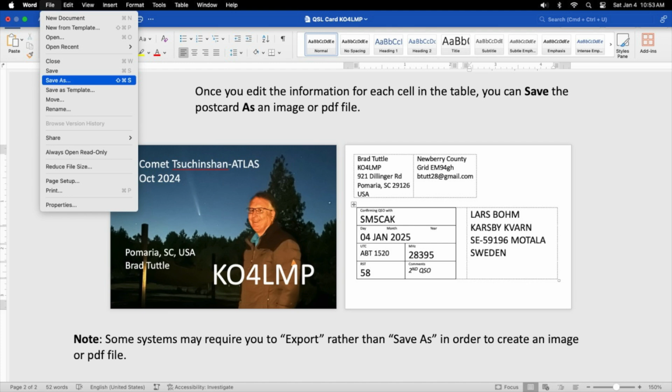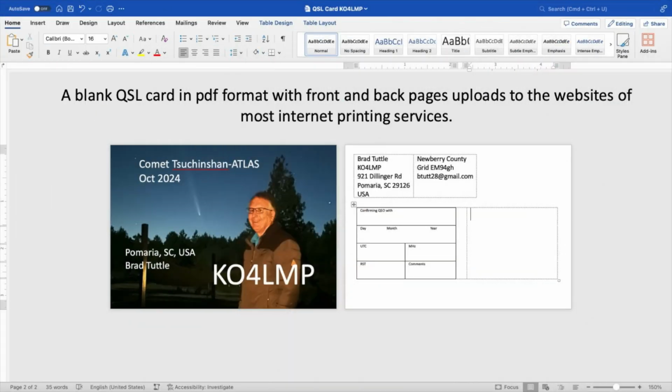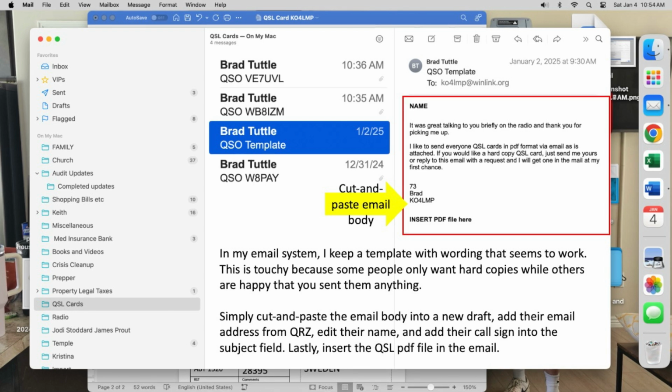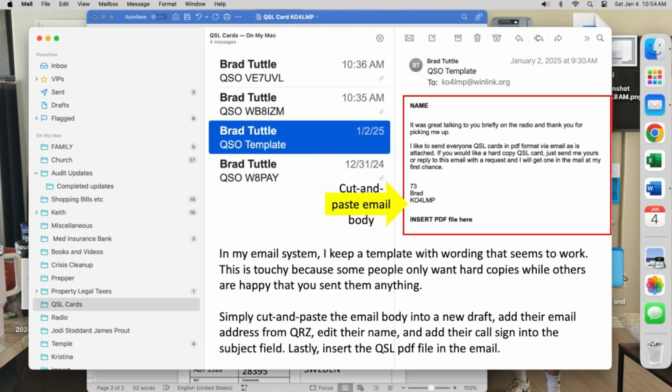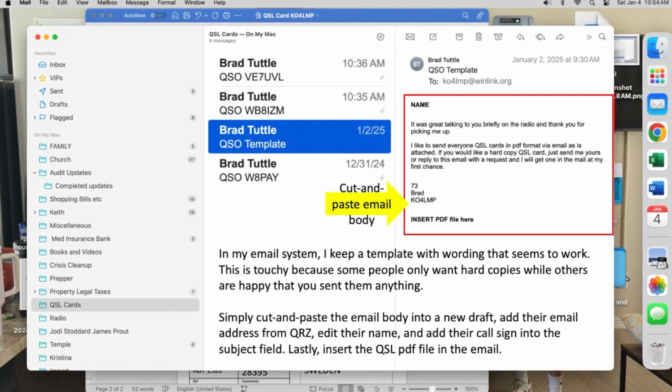Once you edit the information for each cell in the table, you can save the postcard as an image or a PDF file. Please note that some systems require you to export rather than save as. A blank QSL card in PDF format with front and back pages uploads to the websites of most internet printing services. Once you have a QSL card edited so that there is the QSO information in all the cells